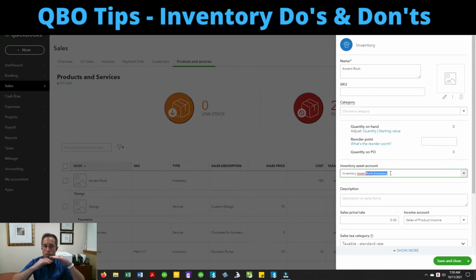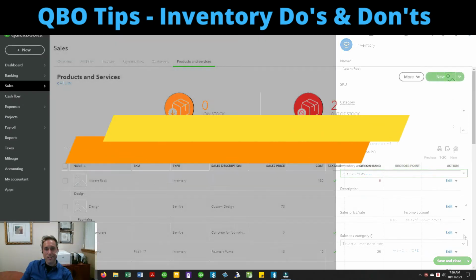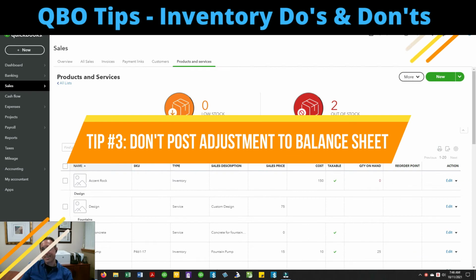Overall, you're going to probably roll to be the same, but you might see something on your balance sheet where you have an overstated inventory asset and an understated rock inventory. And depending on your inventory levels, you could even be showing a negative inventory amount on your balance sheet, which just looks wrong.